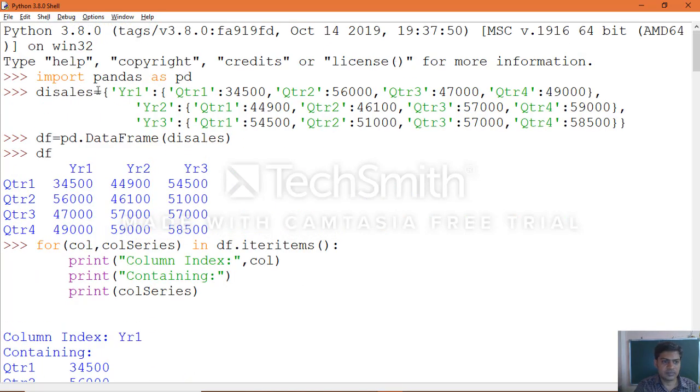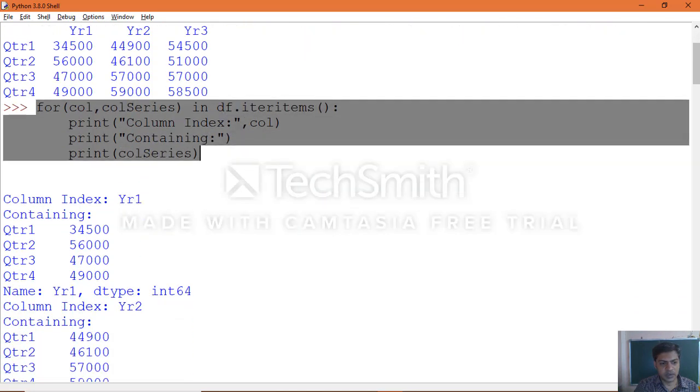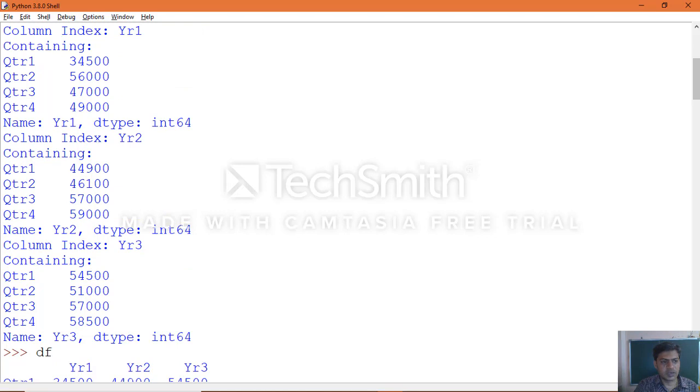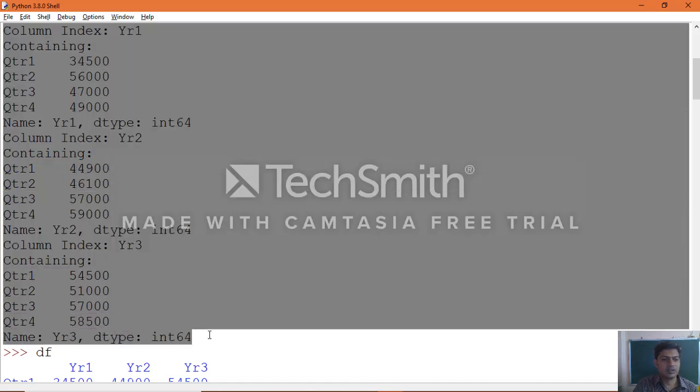We started with an example creating a dictionary, a data frame object, printing the data frame content, and using the loop. Then we got the output for that particular loop which we applied, and you can see the output clearly. When we applied the column wise data frame data accessing, that is the output which you can see clearly.